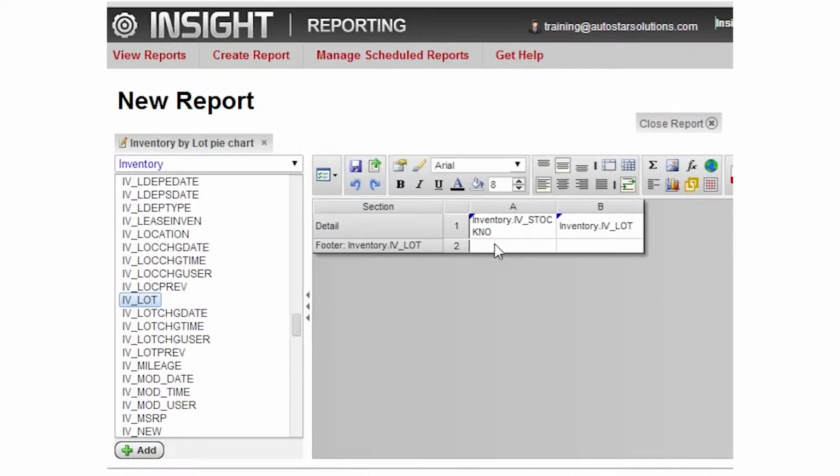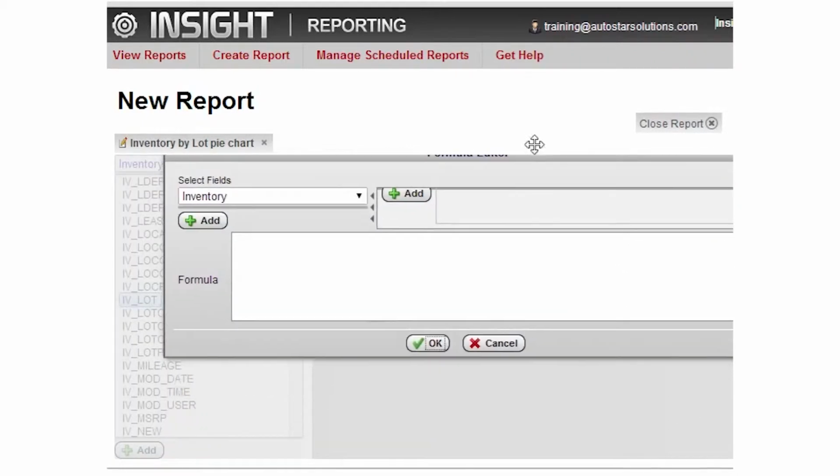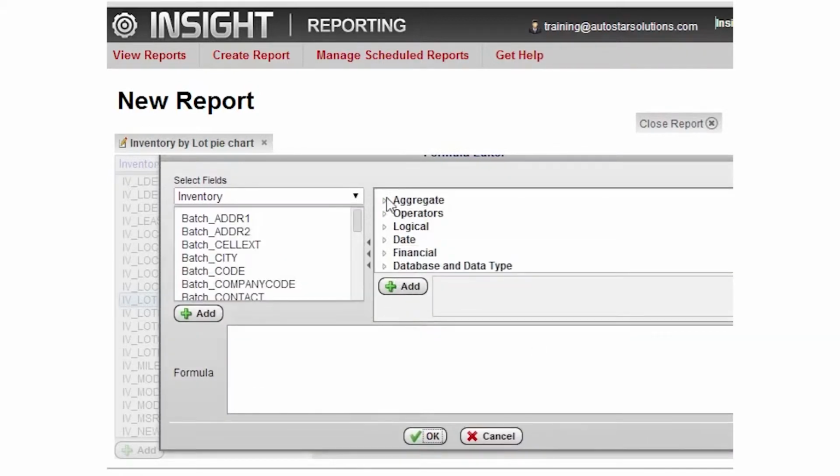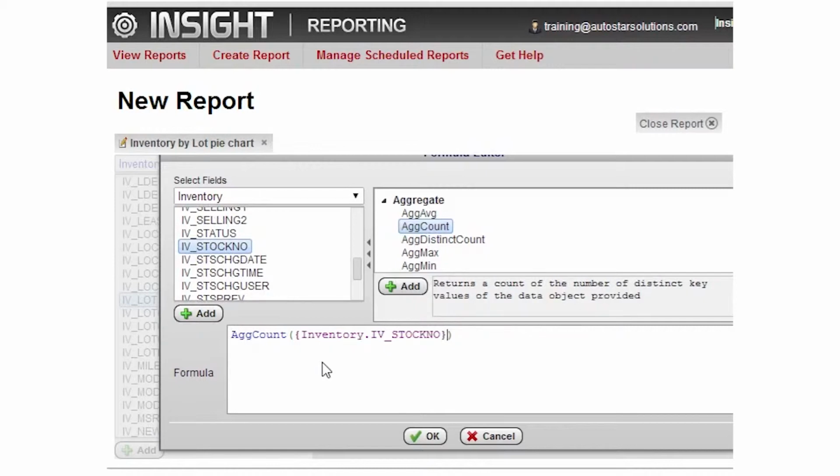So here, what I'm going to do is highlight that field, go to my formula editor, and here I'm going to get an aggregate count by lot. So I'm going to find my lot, or by stock number, sorry. Stock number. Add that in. You can double click, you can highlight and add. So we're getting an aggregate count of stock numbers